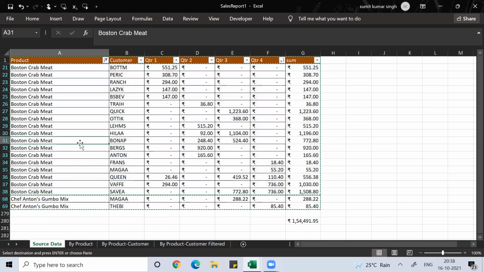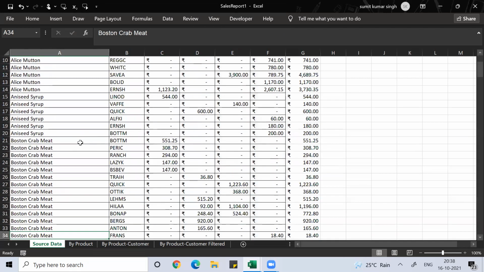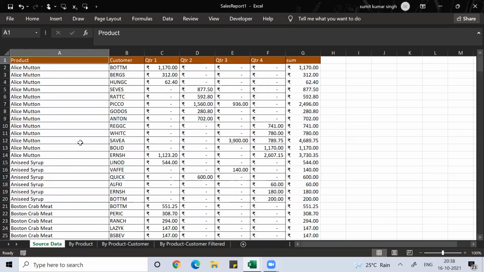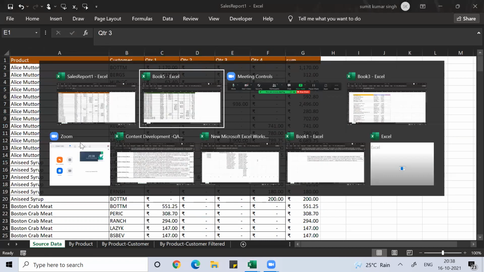Now, once this is done, if I want to remove the filter, Alt DFF, Control Z, Alt DFF, and all the data came back. When the data is regular, continuous data, then selecting it won't be a big deal for us. We can easily select it. The problem happens when your data is not continuous.